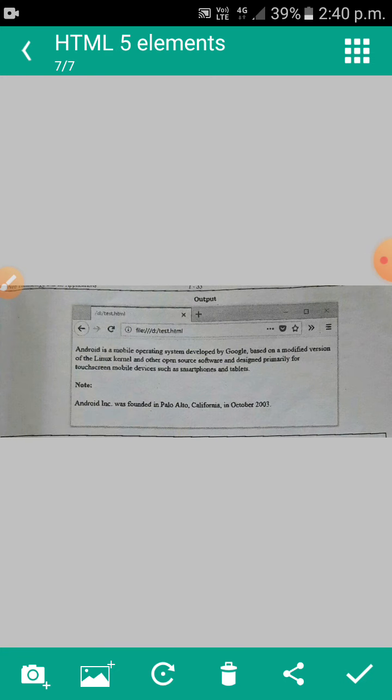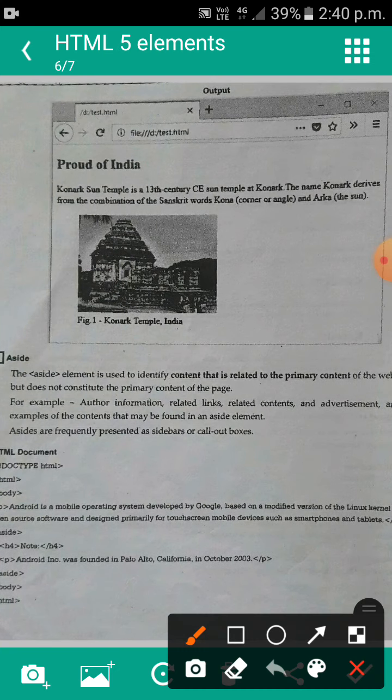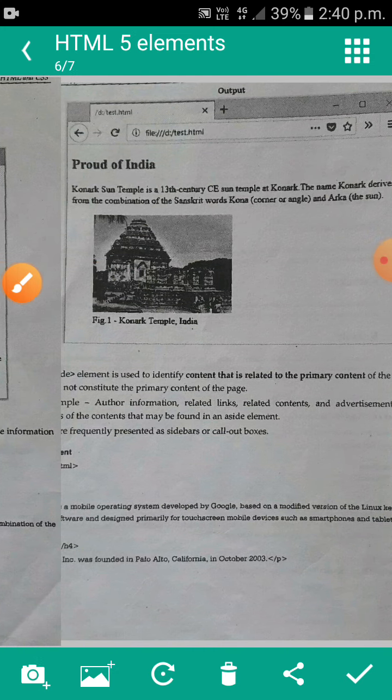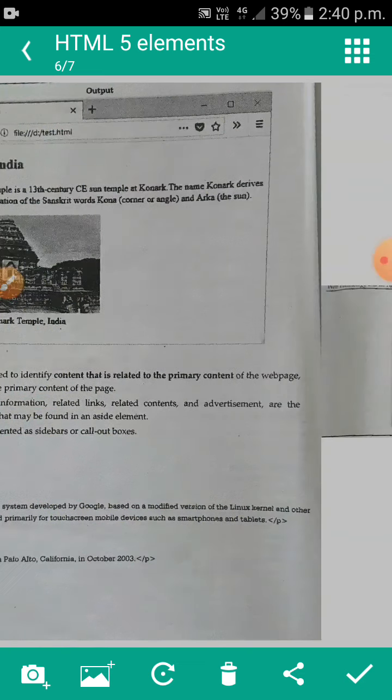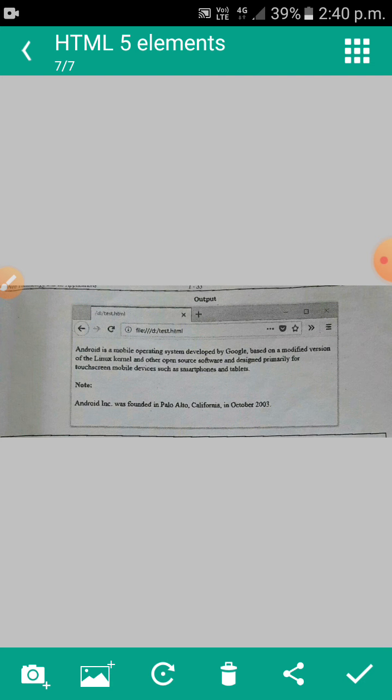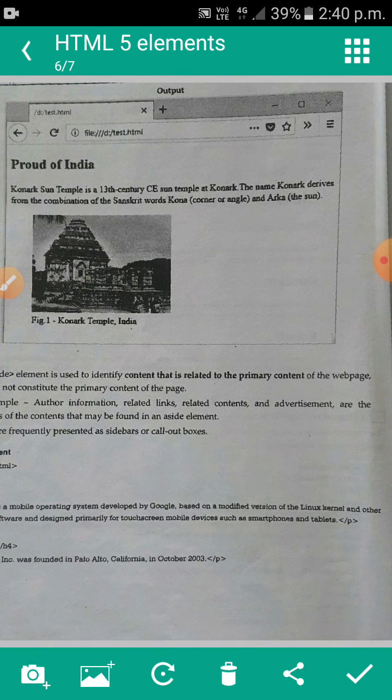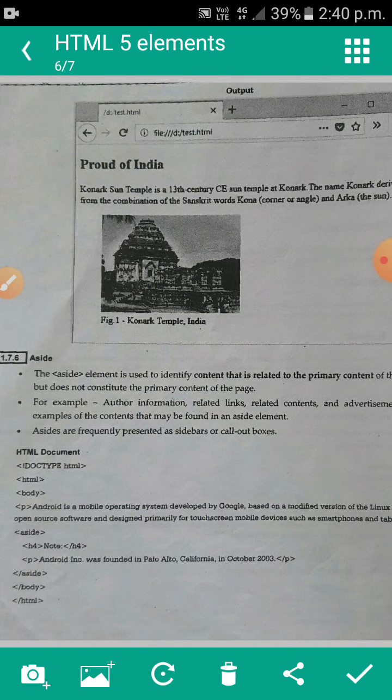So in the aside tag we can give the author information, related links, related content and advertisements. To provide that information we use the aside tag. Okay, so this is about some of the elements of HTML5.